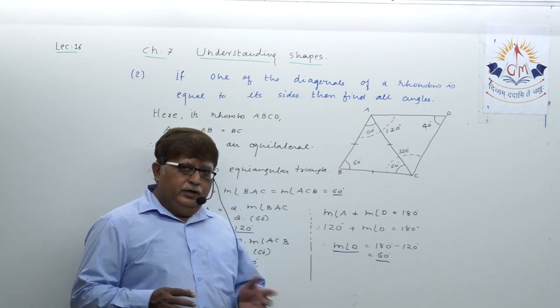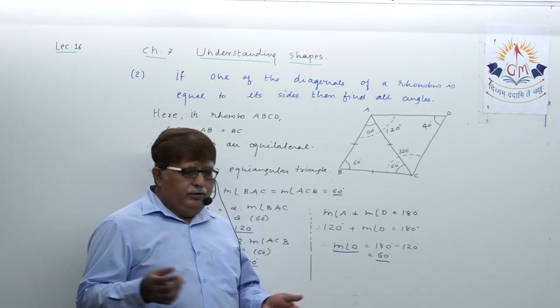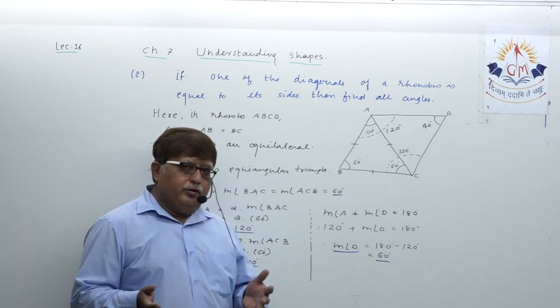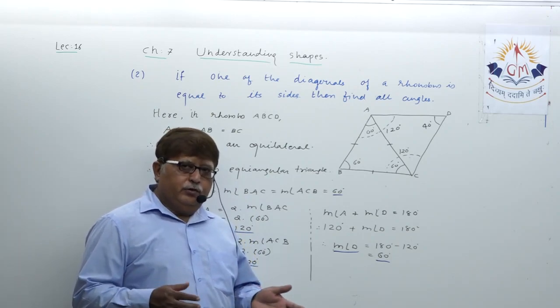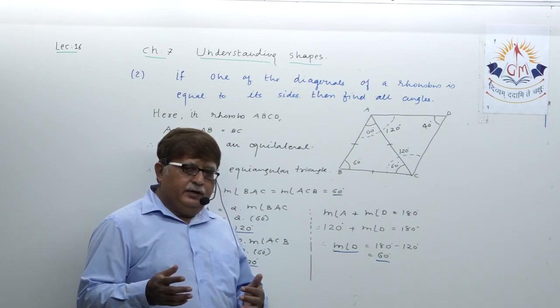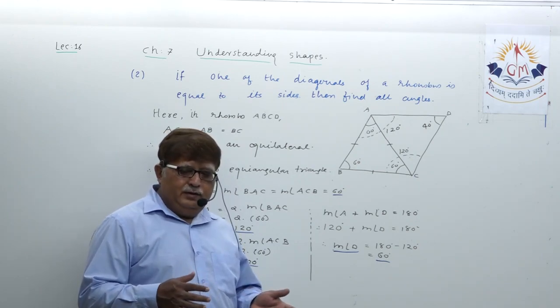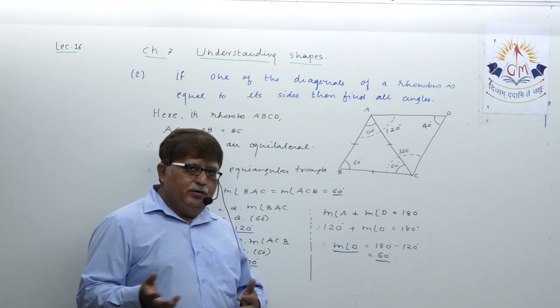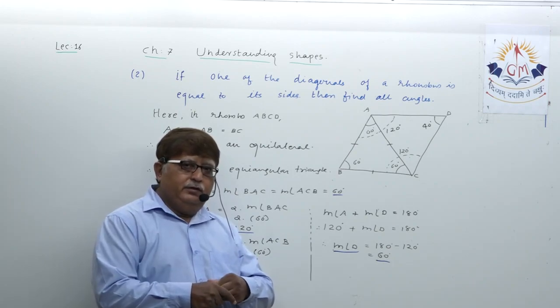So with this example today, we are already completing the topic of rhombus. Understood? Then in the next lecture we are going to discuss some of the properties of square, and regarding that some examples, and then the rest of the variety of examples which are given in this chapter.